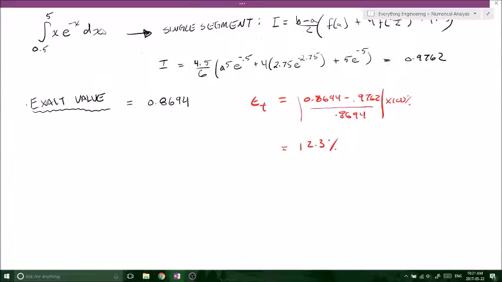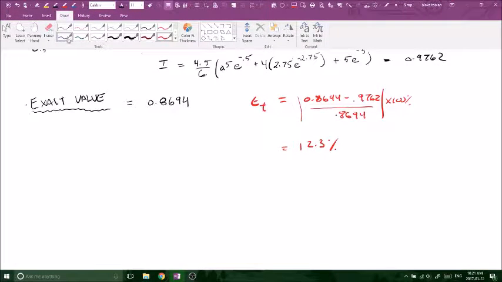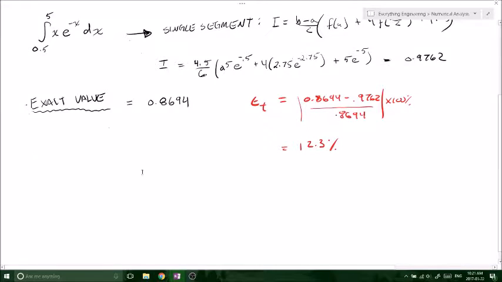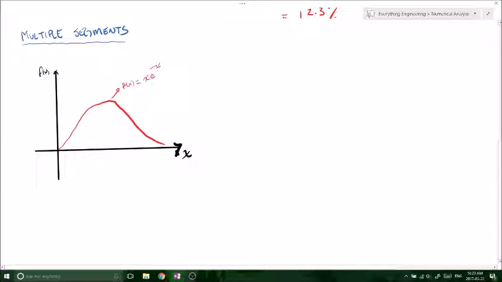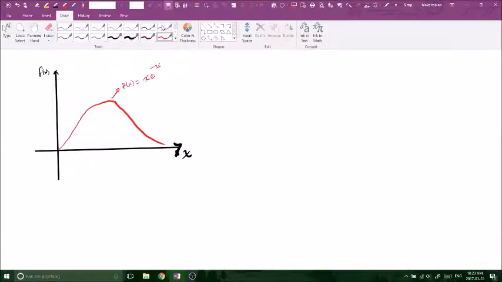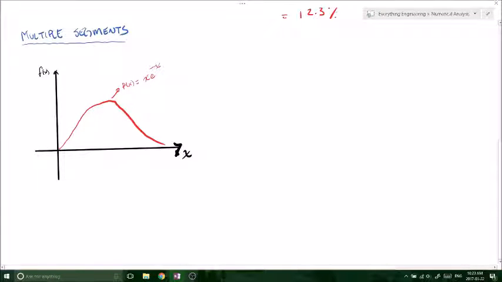So now we want to find a better estimate, and that's where using multiple segments comes in. If we've got our function f of x equals x e to the minus x, we want to use Simpson's 1/3 rule to evaluate this from 0.5 to, let's say, 5. Previously we would just use the 1/3 rule with the single segment and find the midpoint, evaluate the function at the beginning and the end, and add it to 4 times the function at the midpoint,